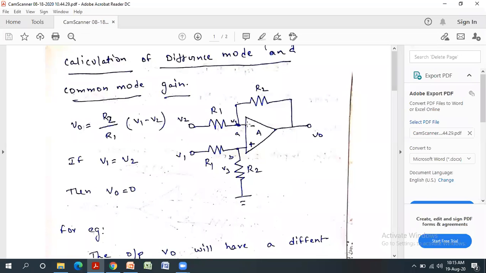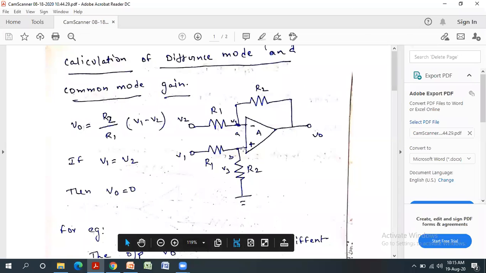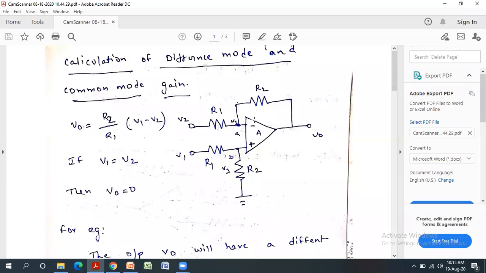We have two input signals, negative input signal and positive input signal, and resistance R1 is connected to negative and resistance R1 is connected to positive. This is one path, V2, V3, V0, and this is a second path, that is V1. At this point this is B and this is grounded. R2 resistance is grounded here with respect to the positive terminal. Here we know that the negative input terminal of the operational amplifier is inverting and the positive input terminal is non-inverting. So yesterday, up to now, we discussed this.